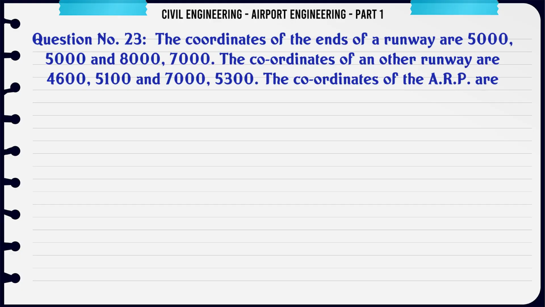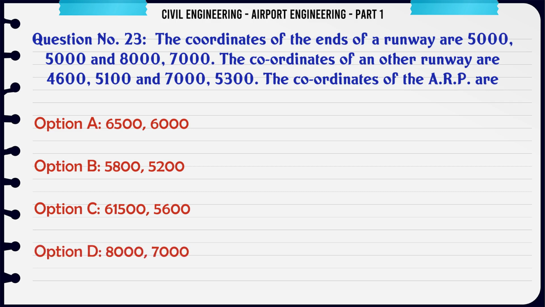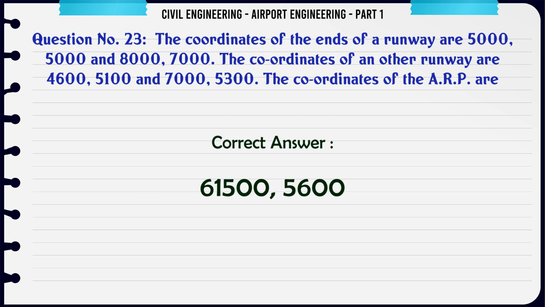The coordinates of the ends of a runway are 5,000, 5,000 and 8,000, 7,000. The coordinates of another runway are 4,600, 5,100 and 7,000, 5,300. The coordinates of the A.R.P. are: A. 6500, 6000, B. 5800, 5200, C. 6150, 5600, D. 8000, 7000. The correct answer is 6150,